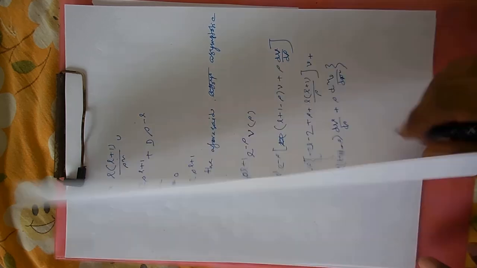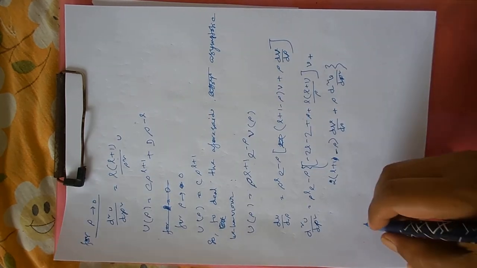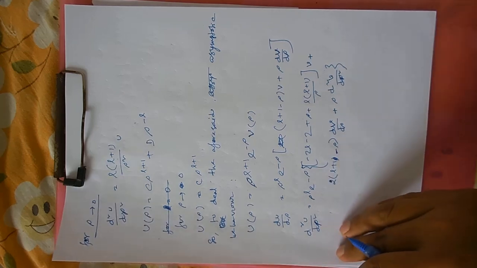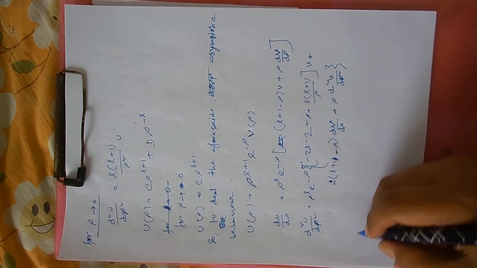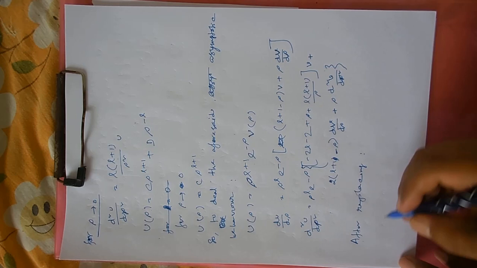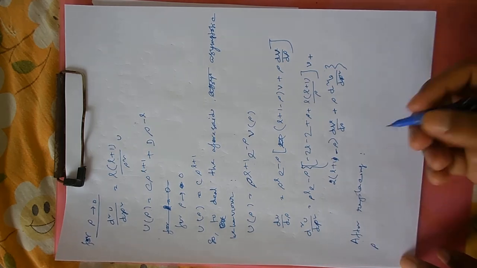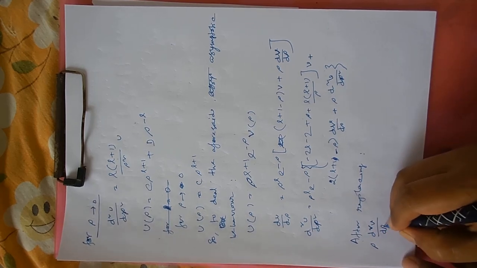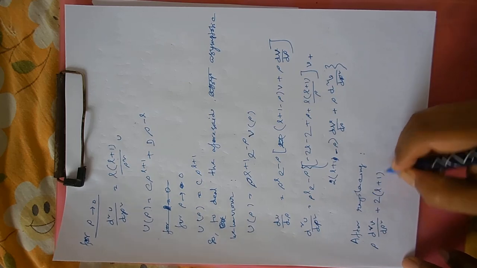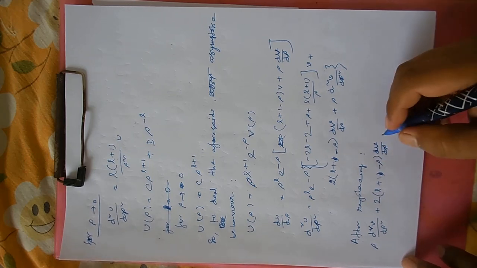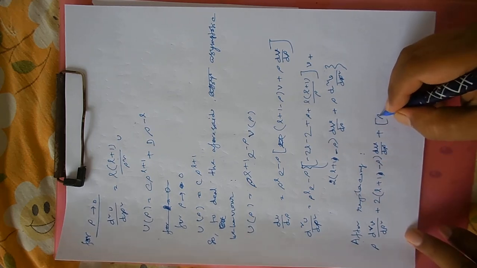Now if we replace the terms and simplify, you will get rho d2v by d rho square plus 2 n plus 1 minus rho dv by d rho, plus rho 0 minus 2